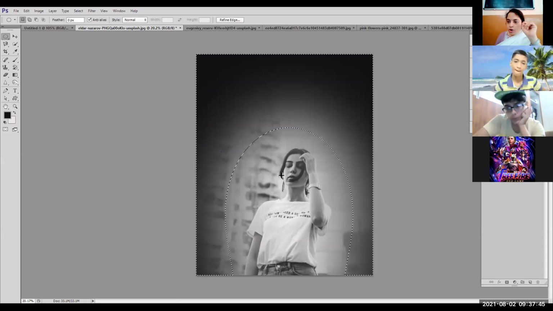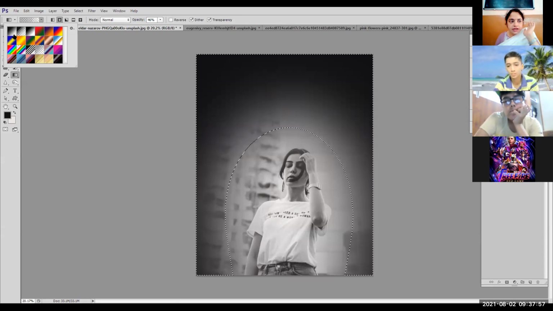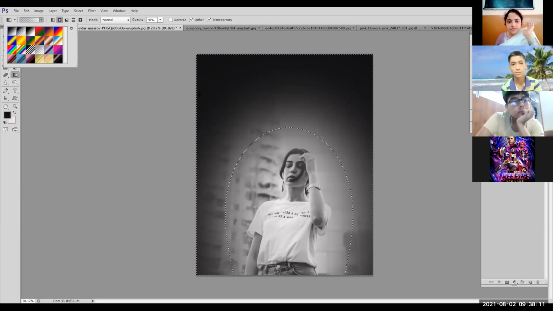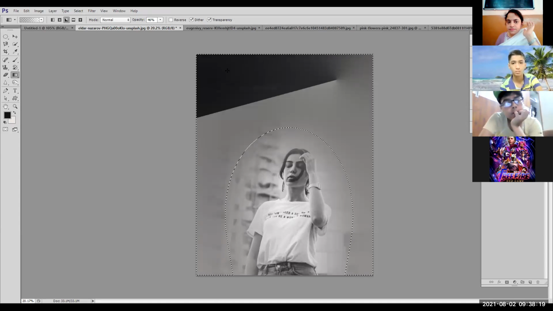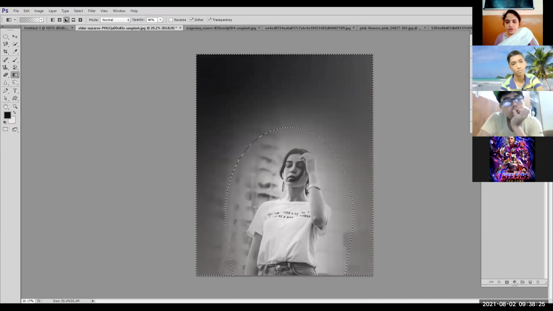Got my point? You can also fill gradients in the selected area. I can take the gradient tool. I can take background to foreground or foreground to transparent. I can click here, drag it. It will fill the gradients. If I take this, it will fill like this. You can have this like this. But it will be better if I give only this one.